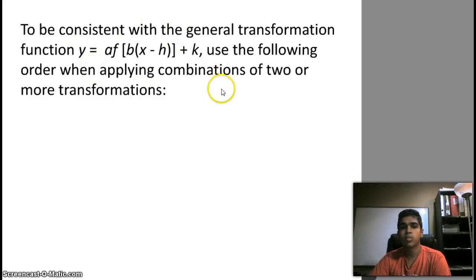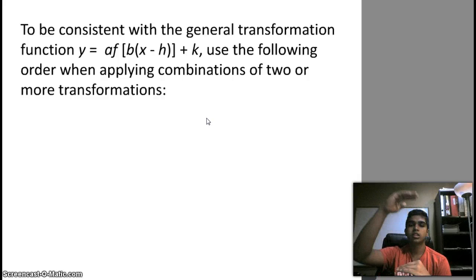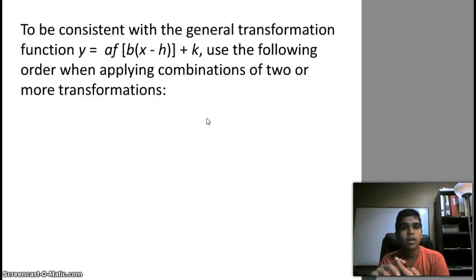Before we get onto this slide, we'll just do a basic review. We know that our A value shows the vertical expansion or compression, which means it gets taller or shorter. Our B value tells the horizontal expansion or compression, which tells if it gets wider or skinnier. If it's a negative A, then you reflect it over the x-axis. If it's a negative B, you reflect it over the y-axis. And then the H value tells whether to go left or right, and your K value tells whether to go